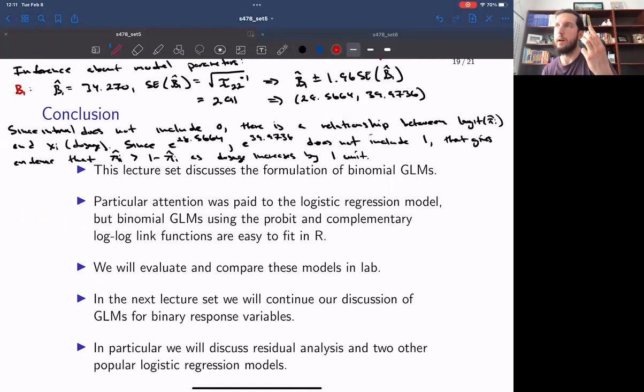The link function that would lead to the logit model. Well, actually, no, let's say the link function is the logit. The cumulative distribution of the PDF, which leads to the probit model, and then the extreme value distribution, which leads to what is called the complementary log-log model. And those are the 3 common types of binomial GLMs, all of which can be easily fitted in R, but